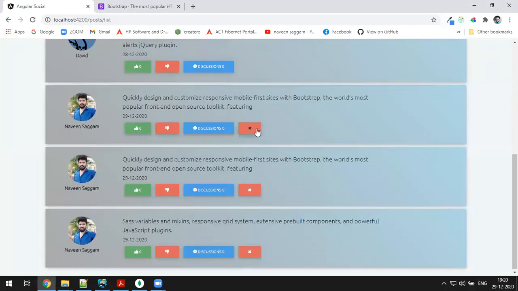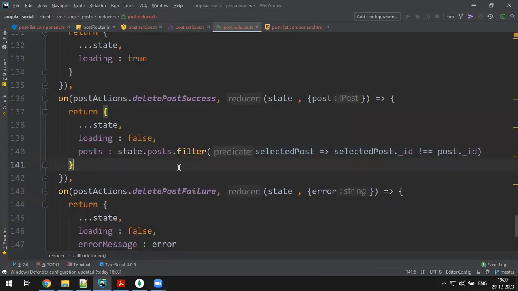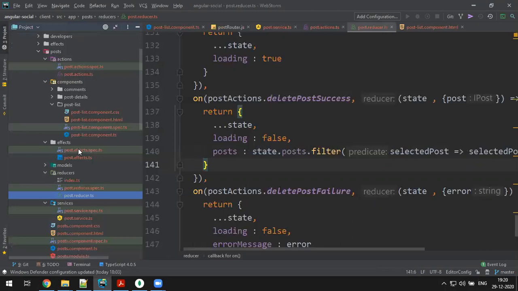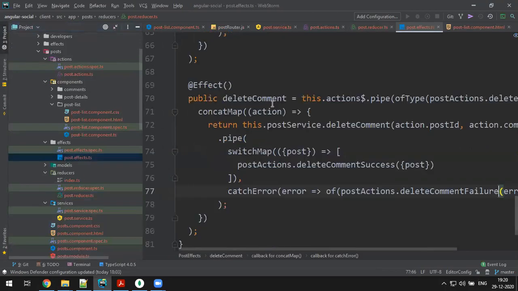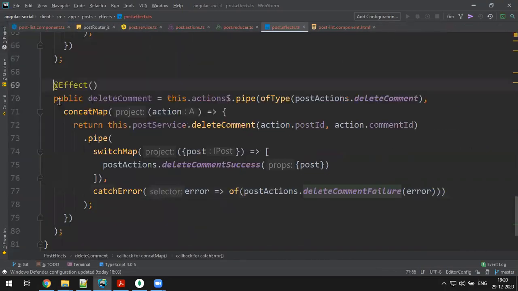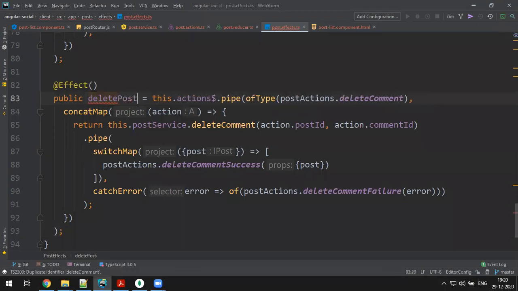Now check it out. You have to dispatch an action, right? Wait, you have to make an effect also. Effect how? Go to effects, delete comment, just copy. NGRX is a long setup, man. Delete post.